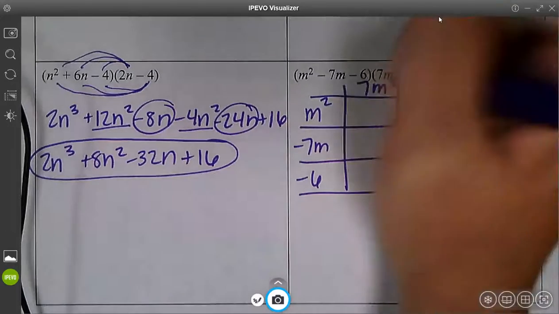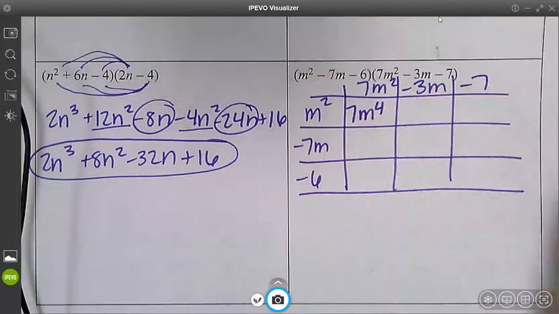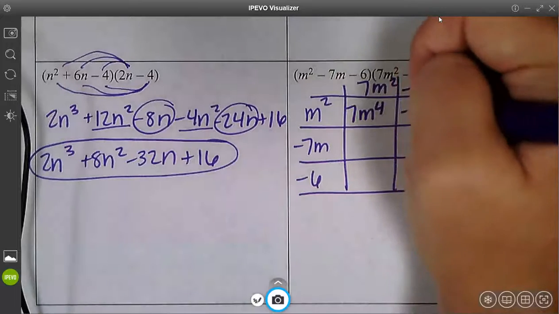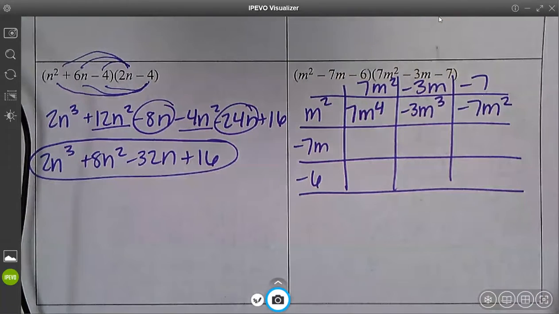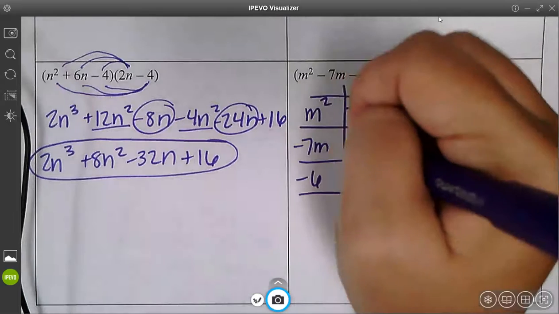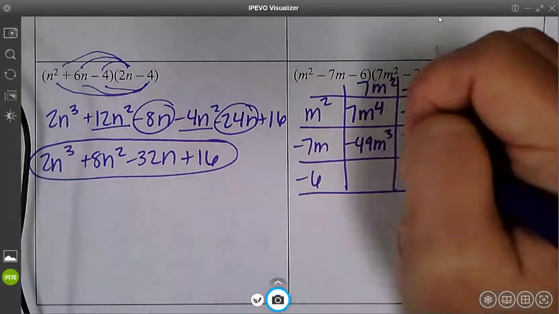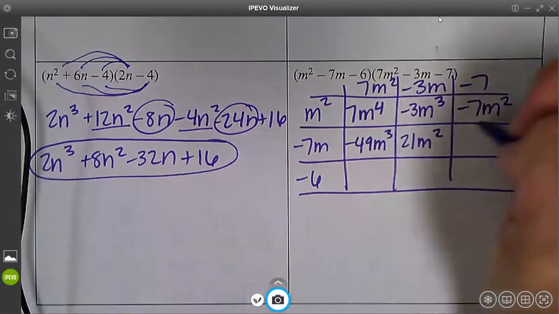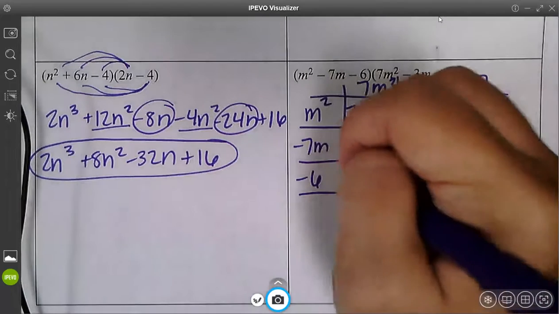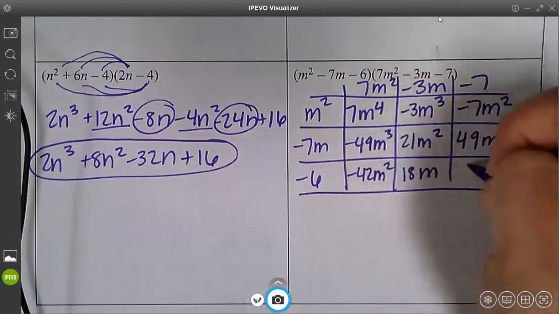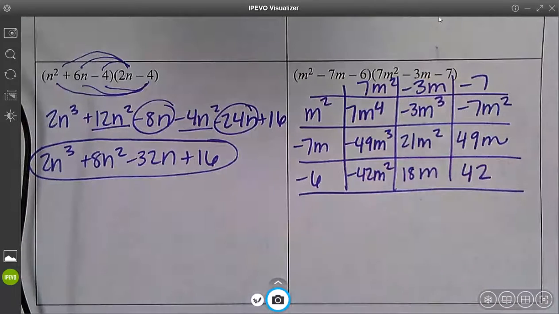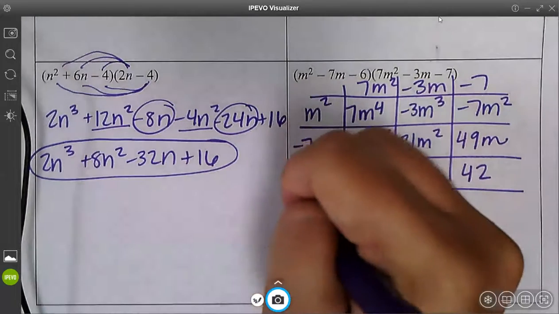All right, so I get 7m to the fourth, negative 3m cubed, negative 7m squared, negative 49m cubed, 21m squared, and 49m, negative 42m squared, 18m, and 42. Combine your like terms, 7m to the 4th,